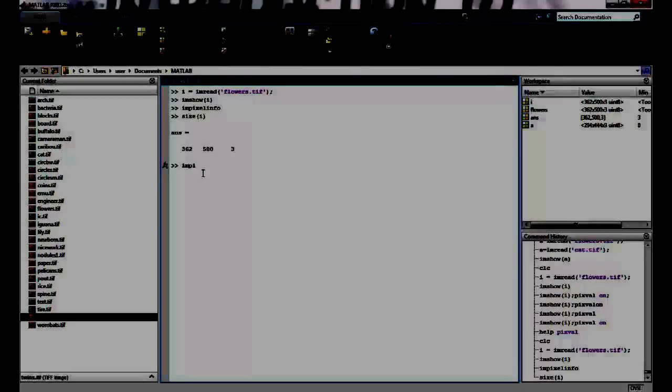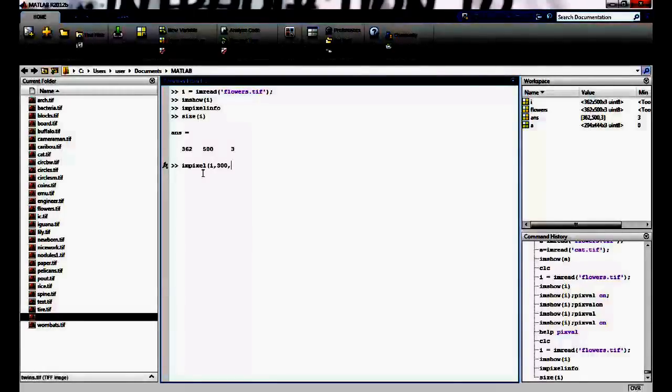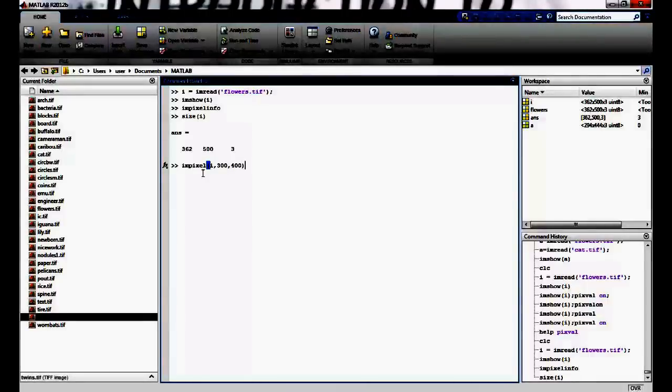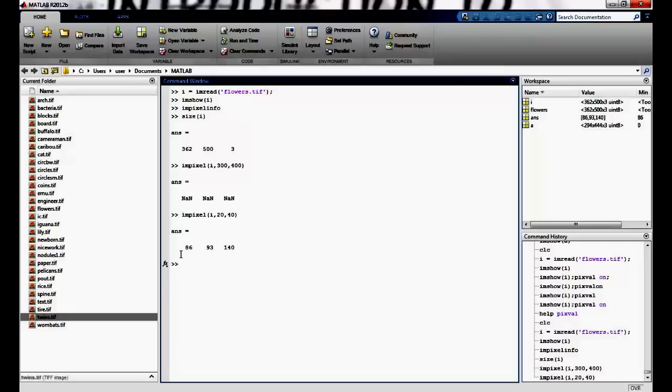I can also give a particular pixel, maybe I of 300 comma 400. Okay, this is out of range. So let me try 20 and 40. The numbers we get here are R, green and blue values for that particular pixel.